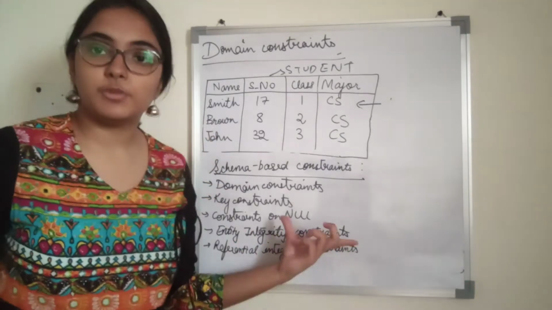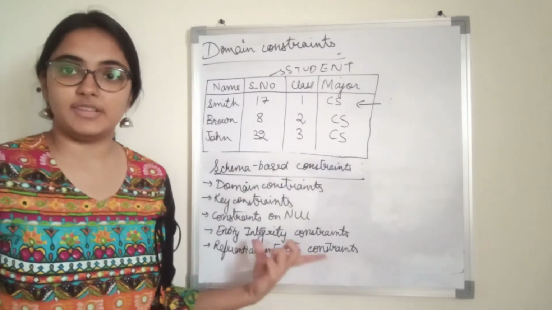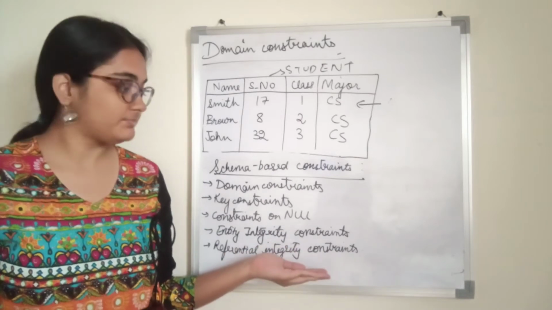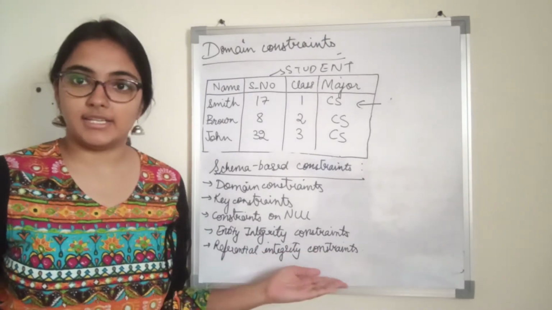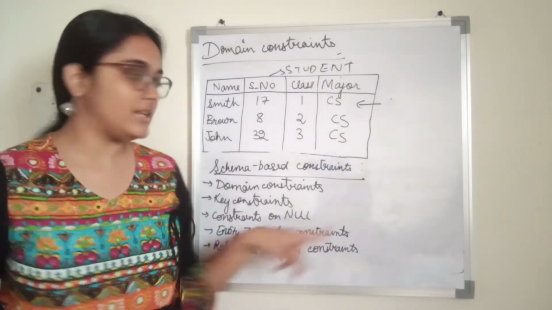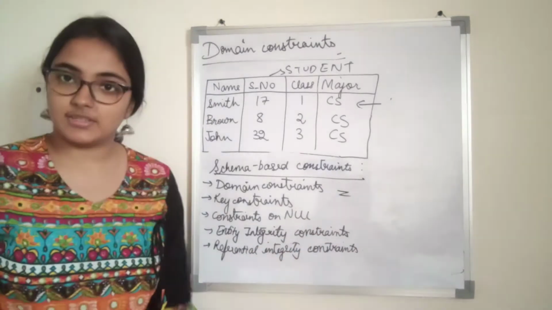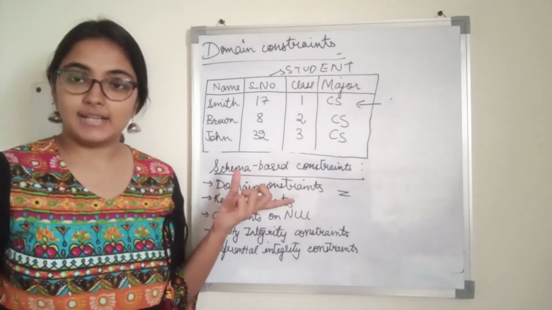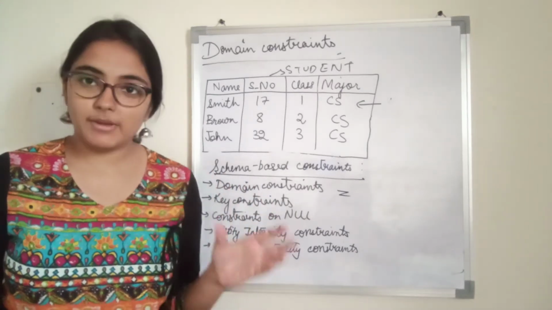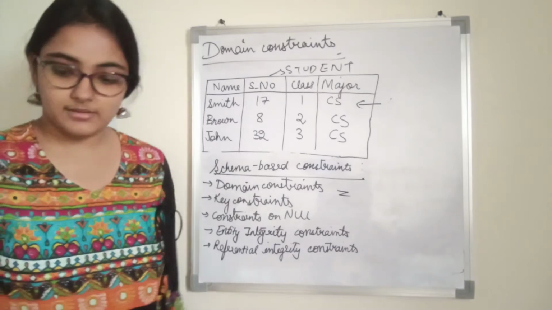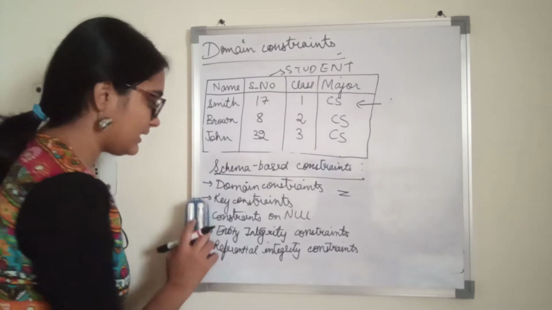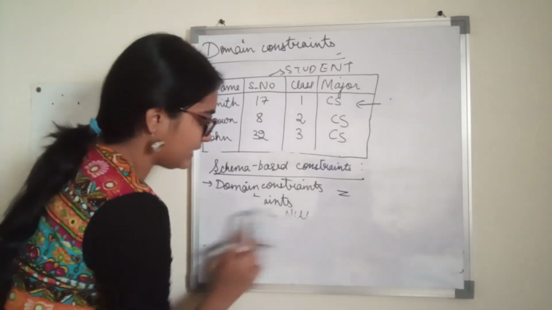So we are mainly going to be talking about these 5 constraints that are applied on the data that we enter in a relation, right? So let us first talk about domain constraint. What is a domain constraint? Constraints means restrictions, right? So domain constraints say that within each tuple, the value of each attribute must be an atomic value that belongs to the domain, right? I'll be erasing it because we are now focusing on individual topics, right?